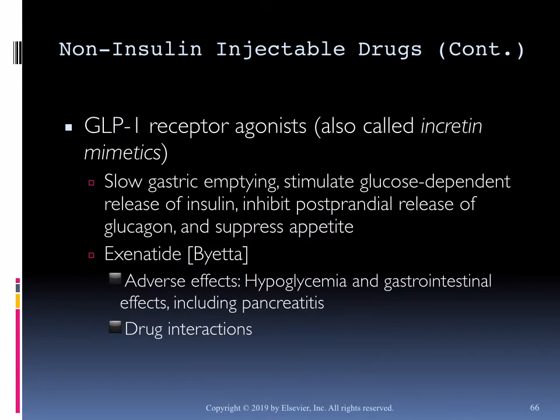Then you've got the GLP-1 receptor agonists, or the incretin mimetics. It is an incretin hormone produced by the small intestine when the oral glucose is ingested, and it promotes insulin secretion by the pancreas and suppresses glucagon secretion in the liver. It delays gastric emptying, so it slows glucose absorption and increases the feeling of being full, so it suppresses the appetite. It can facilitate weight loss,